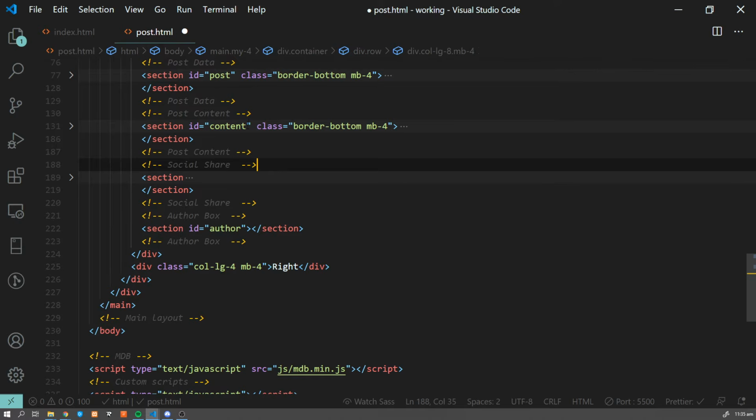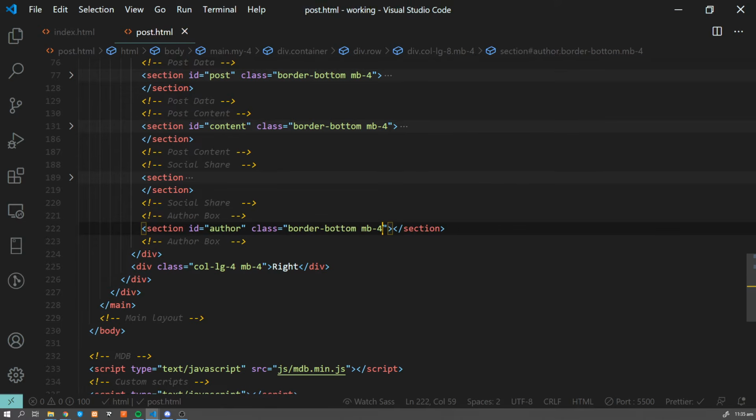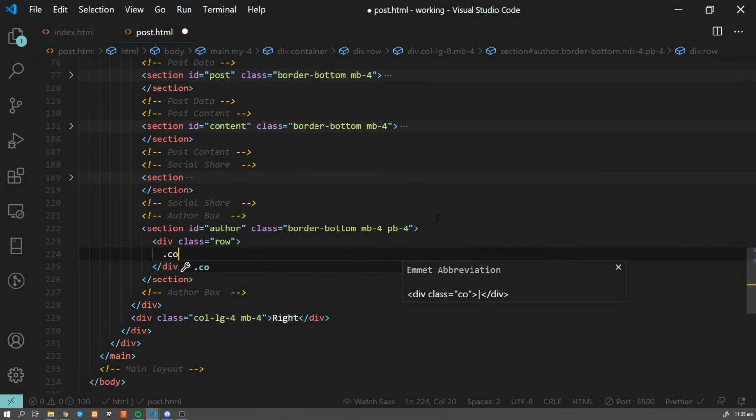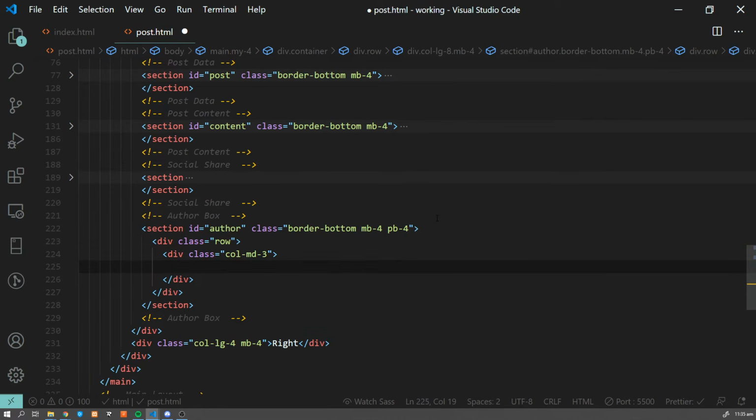Okay, then again, obviously, let's get these classes over here. I think we're gonna need some padding here as well, and nothing fancy here. We're gonna just use a grid. So again, row, col-md-3, and we're gonna put some image here